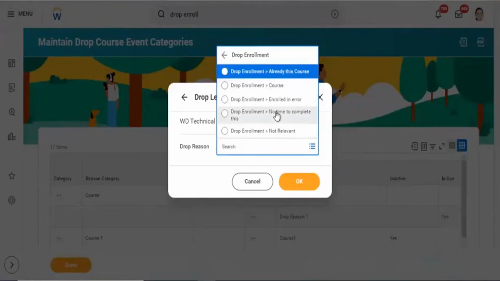This way your learning team will give the Workday team all the reasons to drop for an employee, and the way that I've configured. They will configure those reasons. Mostly the Workday team will configure. The learning team will do all the operation activities for learning. They'll not do Workday configurations.